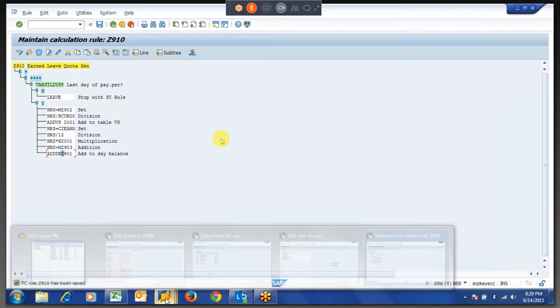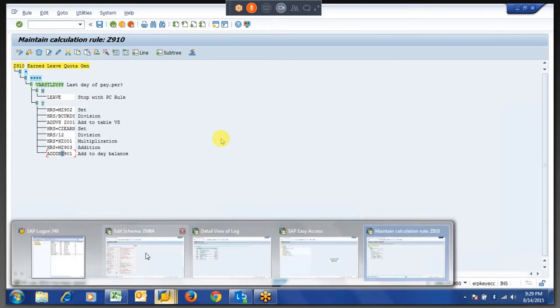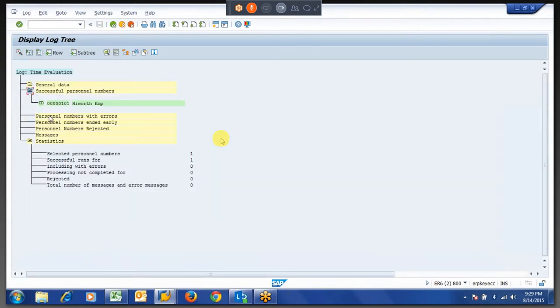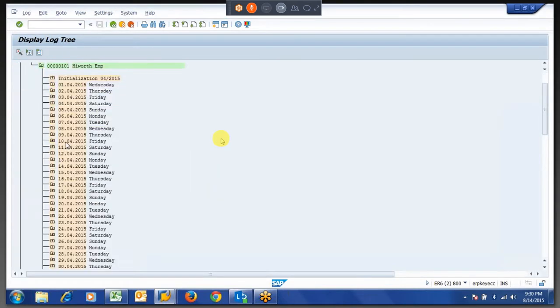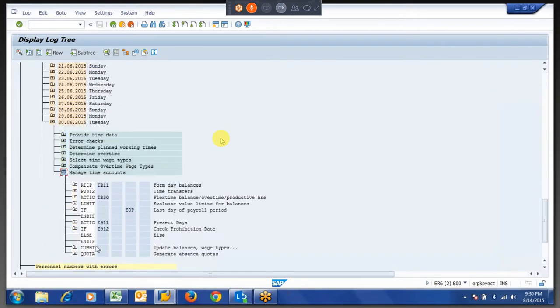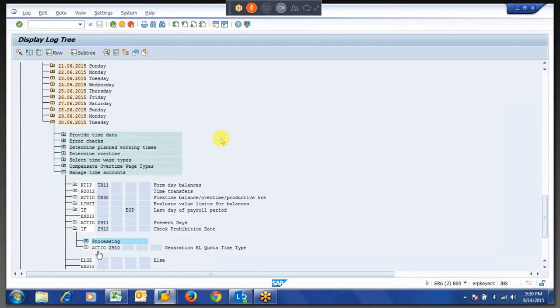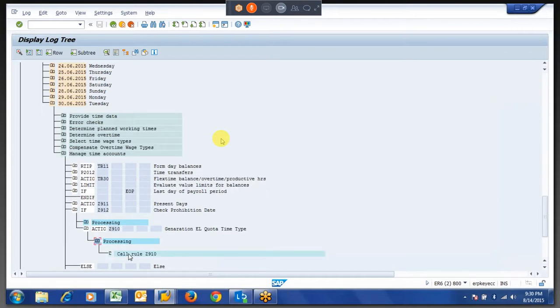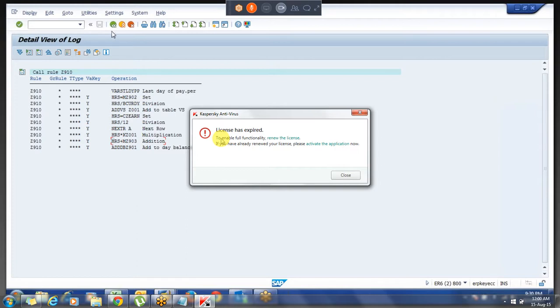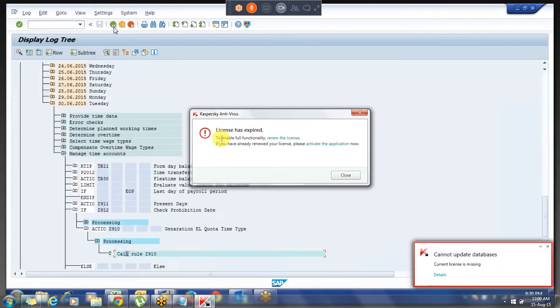So now if we rerun the time evaluation, right, anyhow our modified PCR will run only on 30th of June. Whatever modification we did, we added only one line, whatever we are storing in the time type, we are adding here.